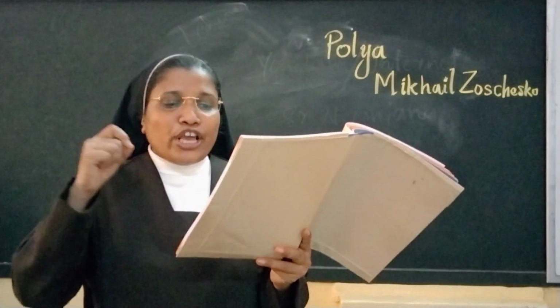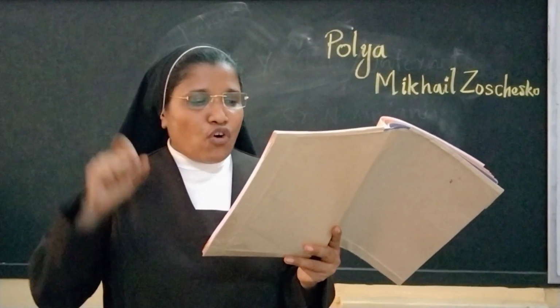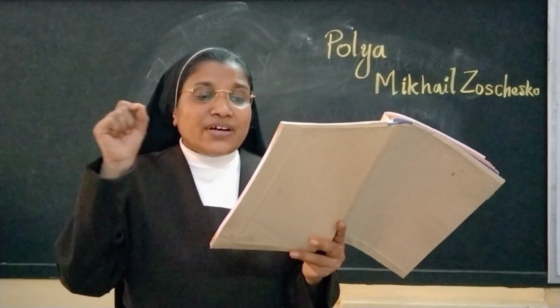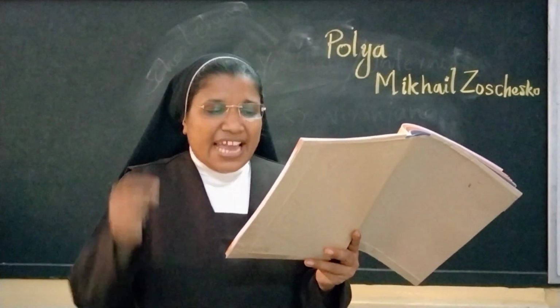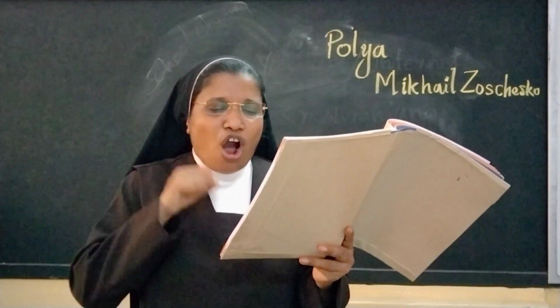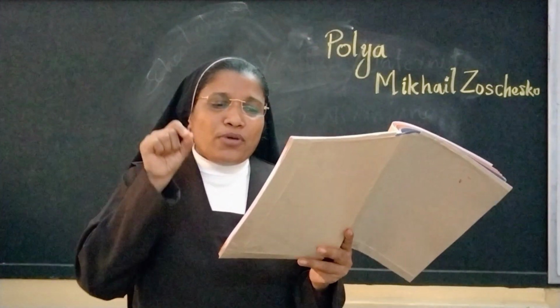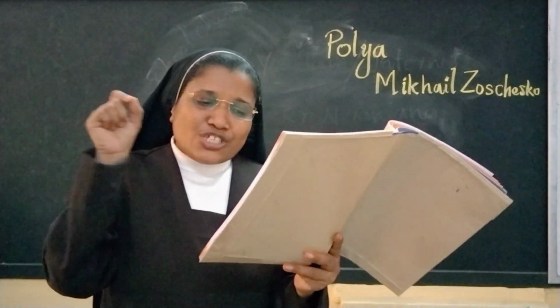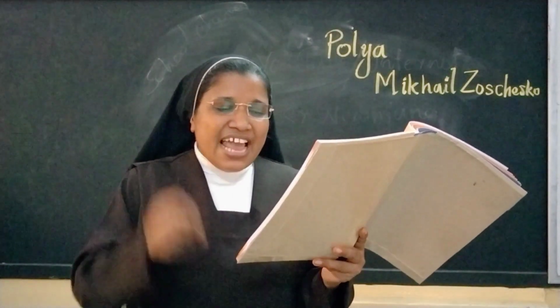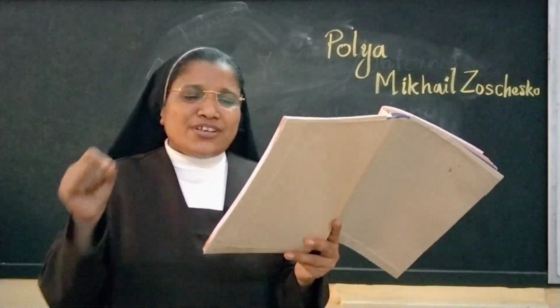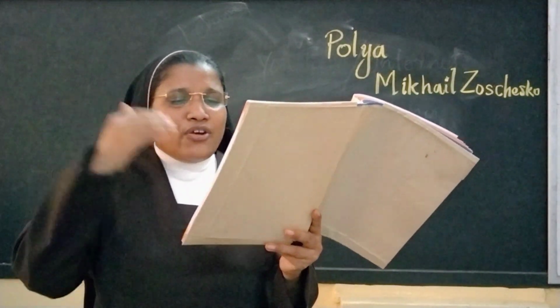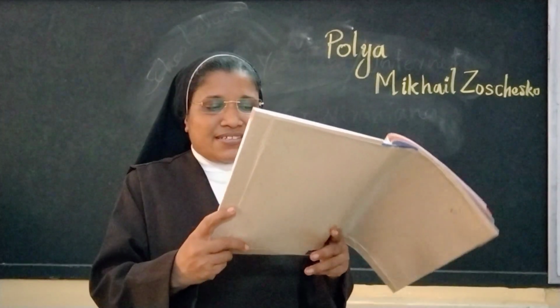So answer the following questions using relative pronouns. Periyar is the river that flows near my house. Name the river that flows near your house. Name the person whom you like the most. Which is the story that you recently read. Name the oldest person who lives in your neighborhood. So you have to answer the questions.